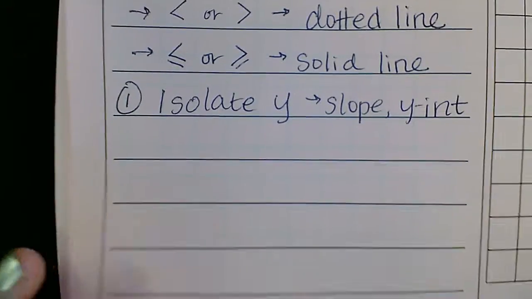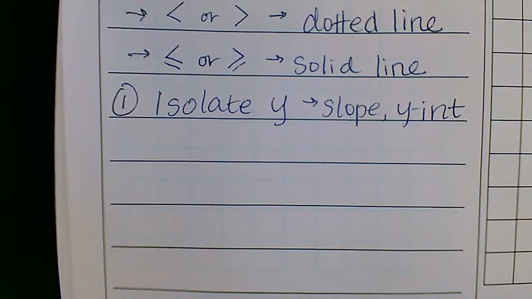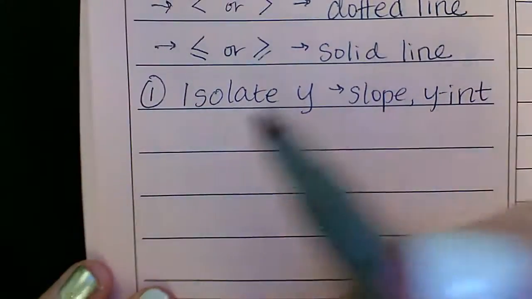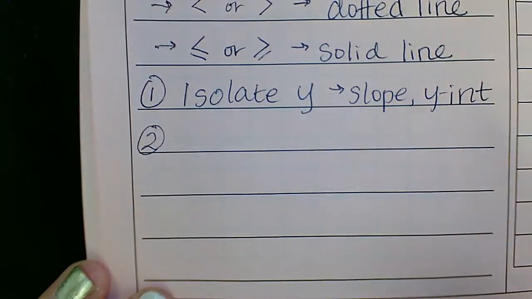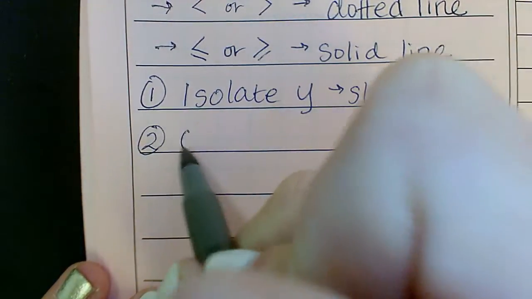Now, these will not be y equals mx plus b because there's no equal sign, it's an inequality, but you want y to just be on one side. So then we're going to use the slope and y-intercept, and we're going to graph the line,